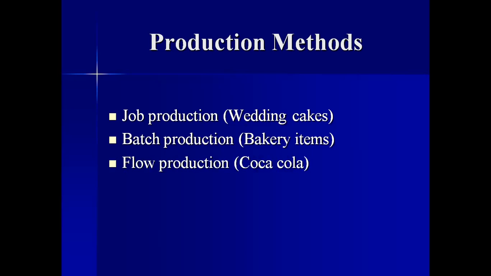Then we have flow production. So bakery items are produced using batch production. Then flow production: like Coca-Cola, soft drinks, chocolates, chewing gums. There are many items which are produced using flow production. Flow production is highly capital intensive production. So you can say flow production is similar to CAM, computer aided manufacturing, where machines are there to perform the jobs. The workers are just there maybe to put the products in the box,